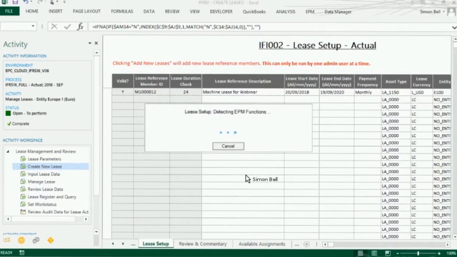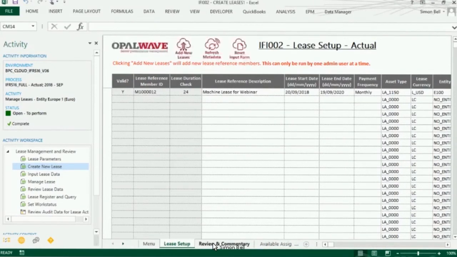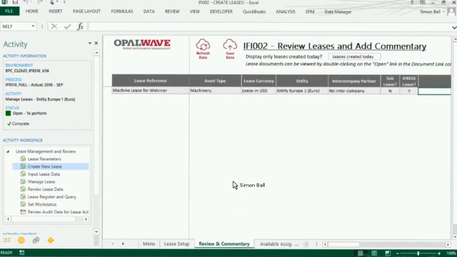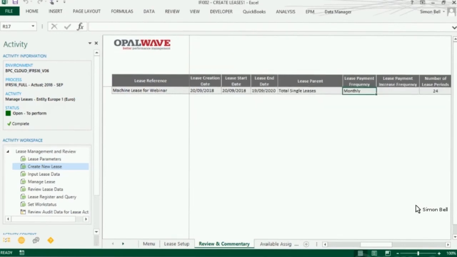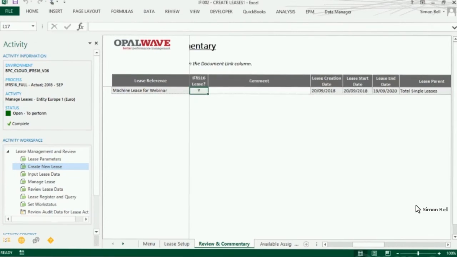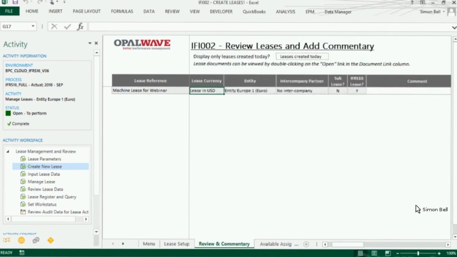It submits some transactional data, and then it provides that lease information back to me for use once that's finished refreshing on my review and commentary tab, where we can start to see that information that we've recently entered, with an additional bit of information there for the lease creation date. So we are storing that information, which enables us to control our